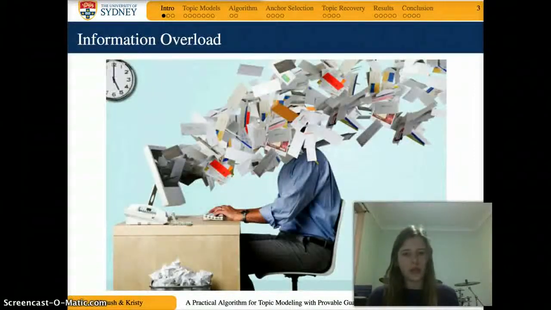Well, information at the moment is just so random, but there's so much of it. And we have lots of clever mechanisms for searching this information, but there's no real data structure, there's no real organization to this. So it's a bit like an information overload. We've just got all this information coming at us and we don't know how to organize it effectively. And so many of our things are just ineffective and inefficient.